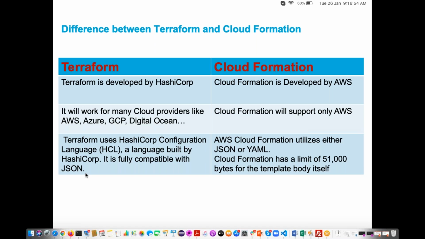In one interview, they asked this question: what languages does Terraform support? HCL and JSON both. But AWS CloudFormation uses either JSON or YAML. YAML is another data representation format; our Ansible playbooks are written in YAML format.